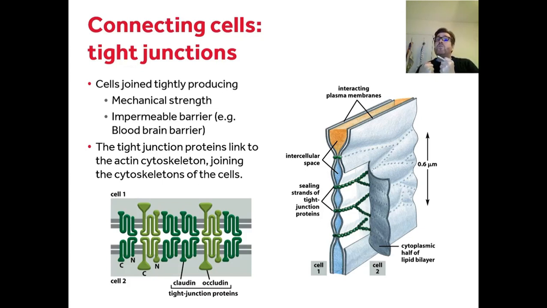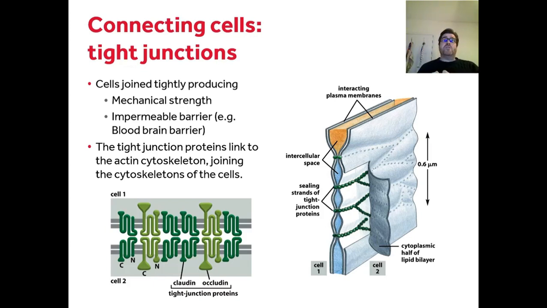They can restrict the movement of molecules in that space between cells and even restrict the movement of water, as occurs with endothelial cells. So joining cells together tightly can provide mechanical strength to the tissue because it's almost like stitching the two tissues together,